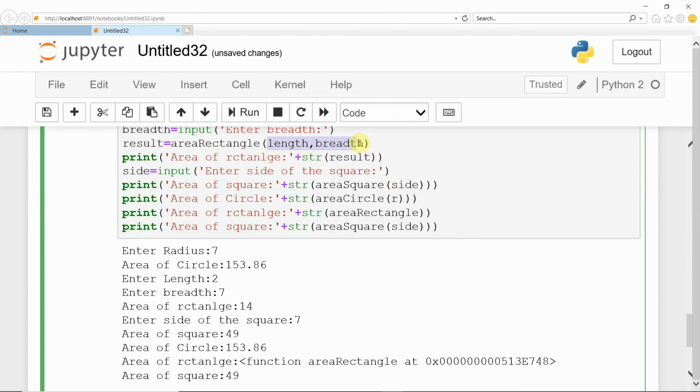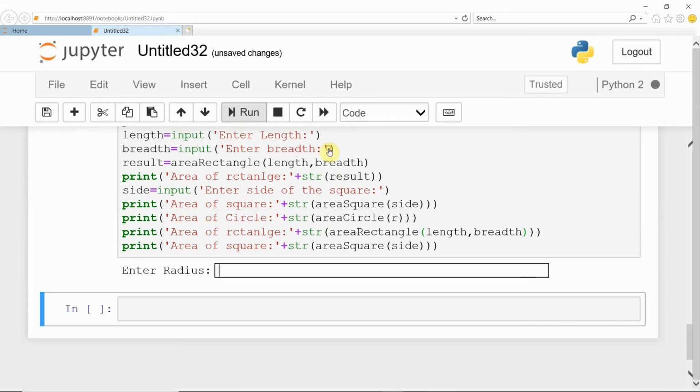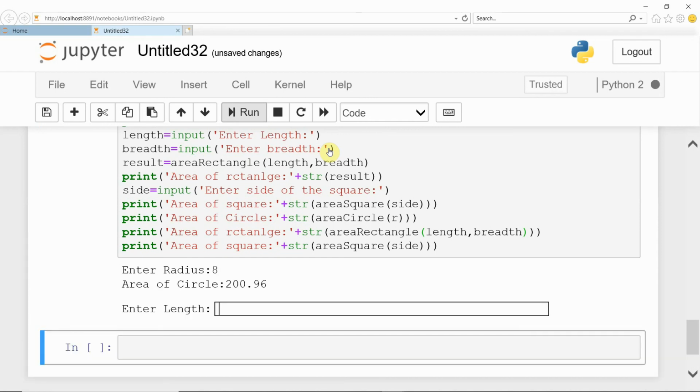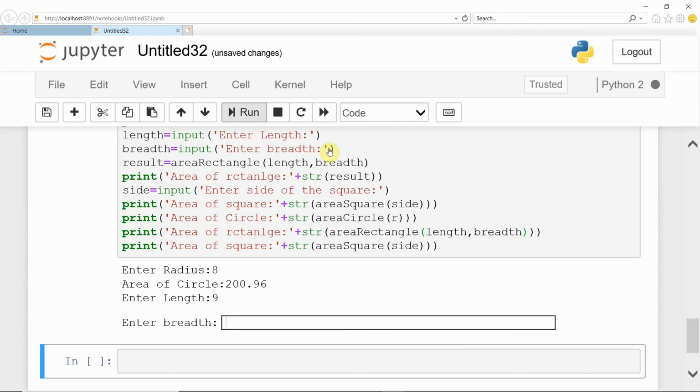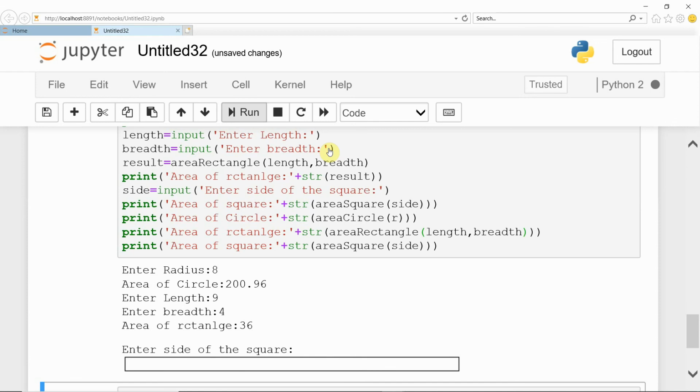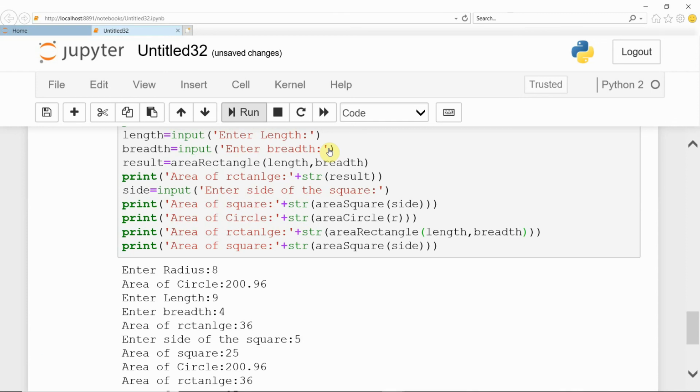You have to call the function with the proper arguments. If you are not calling with proper arguments, it displays the result this way. Run. Area of a circle you find by inputting radius, and then length, breadth, and yes, this way.